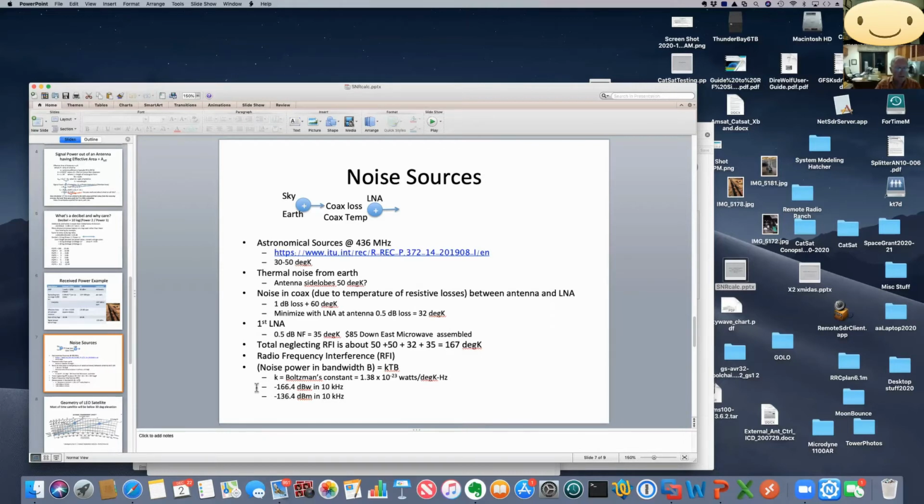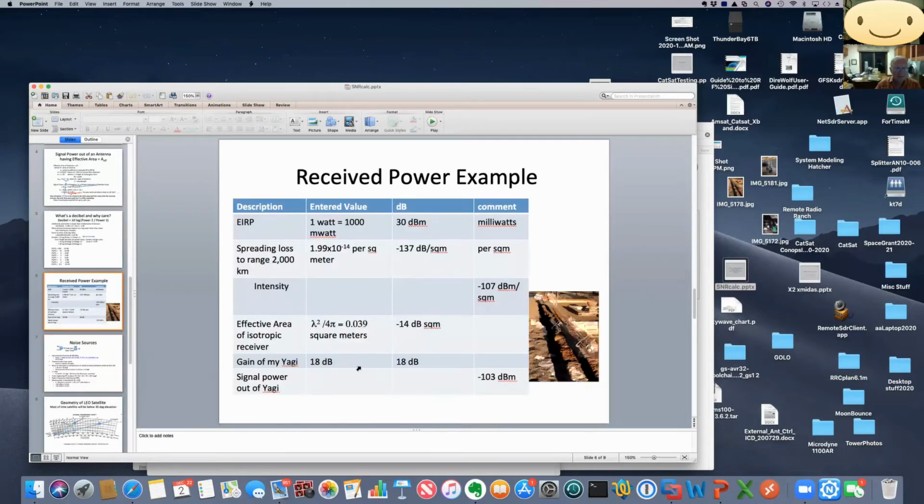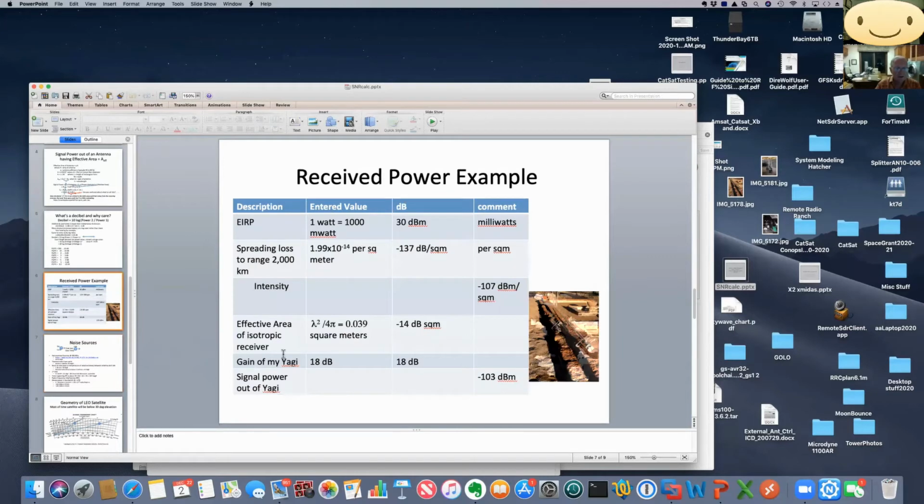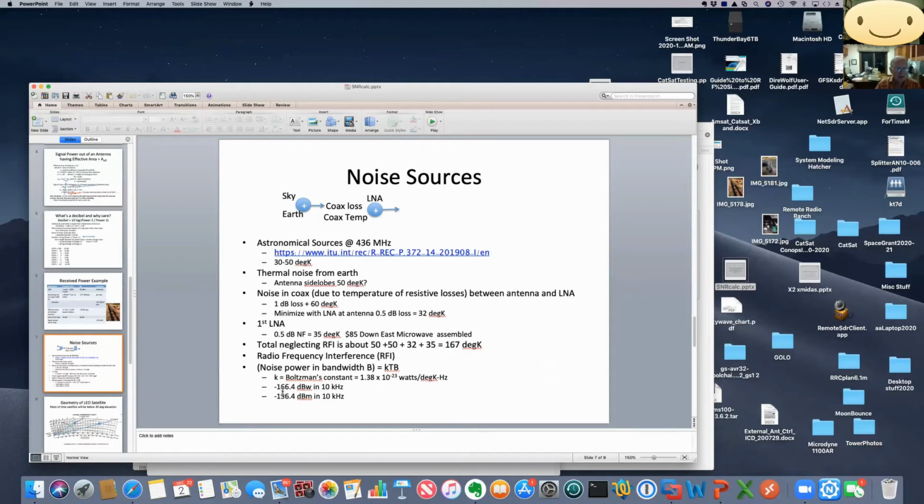milliwatts. And so if I want to take the signal to noise ratio, then it's the number that I had calculated previously, minus 103. I add that to my, we've got to go back and check. That was in milliwatts, so minus 103 dBm added to minus 136.4 decibels relative to a milliwatt. And so what is that? If I subtract that out, it would be about 33 dB, which is a pretty decent signal